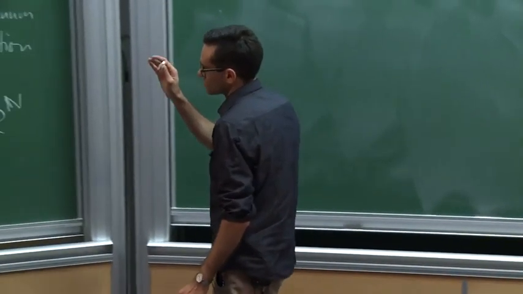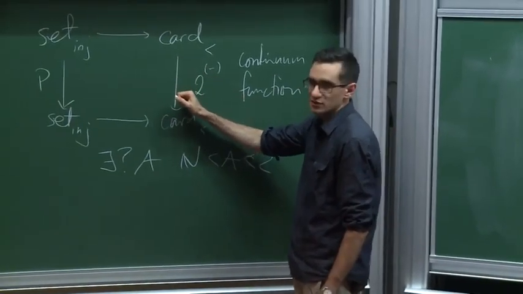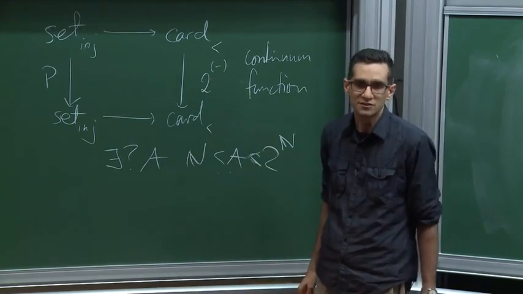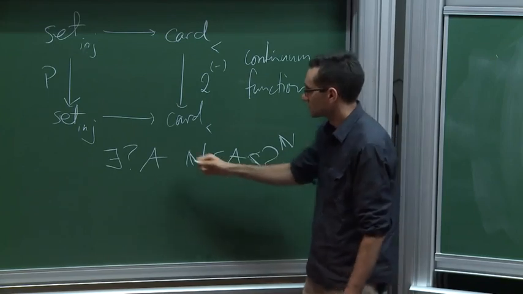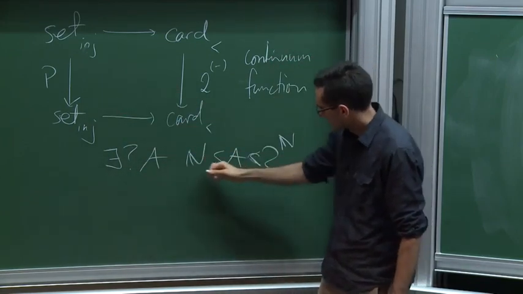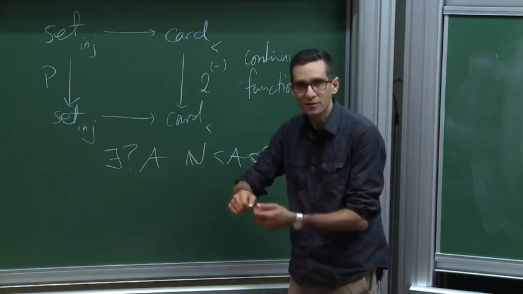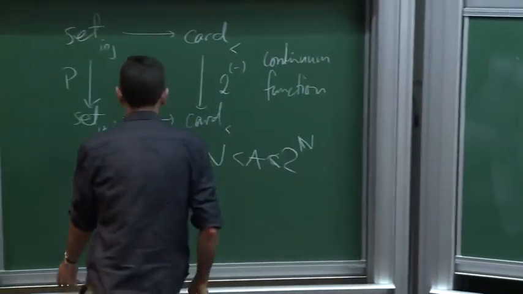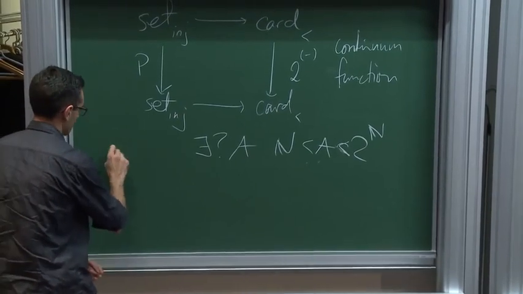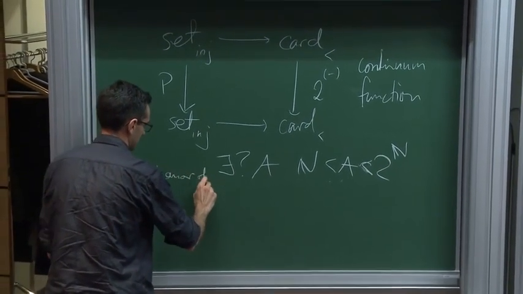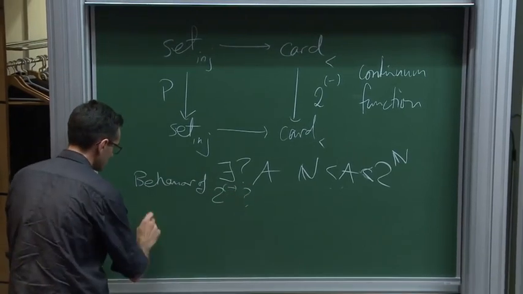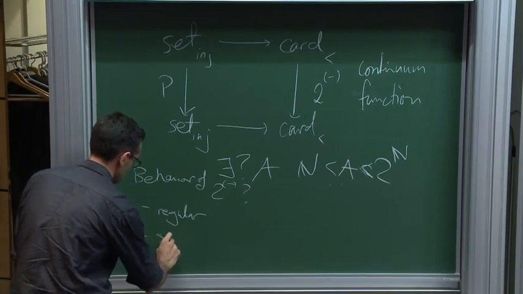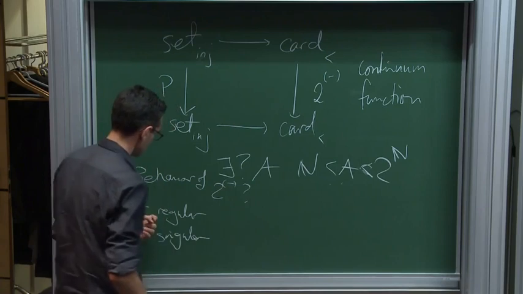Of course, there's a more general question. This is a partial, or class size, partial order, and you have an endofunction. What can this endofunction do, given that we can find different categories of sets where it may exclude, it may miss values? What can it do? So there's two cases. Let's say behavior. There's the regular case, and the singular case. These are technical conditions, and these are conditions on cardinals.